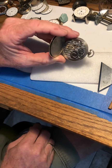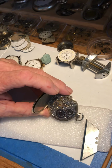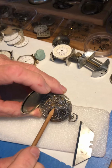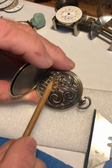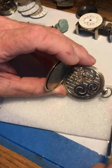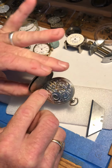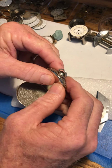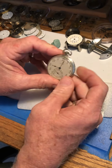And this is a beautiful Elgin G.M. Wheeler, 17 jewels. On the other watch that was 15 jewel, didn't have a jewel there. Anyway, there's a total of 17. There's a jewel, and these are gold, actual real gold settings. So, beautiful watch. They did the little gold work where it says G.M. Wheeler on it. Just beautiful. So when you close it, you close the cuvette tight, close the back tight,